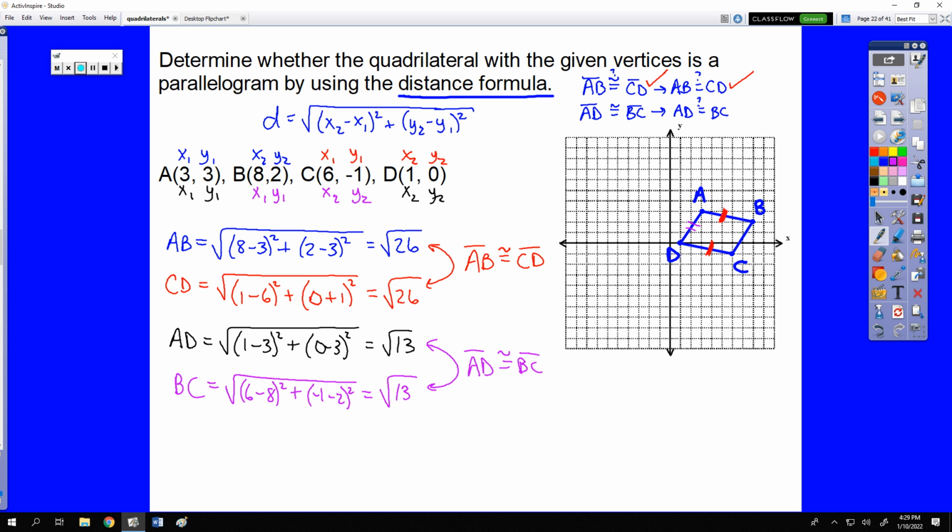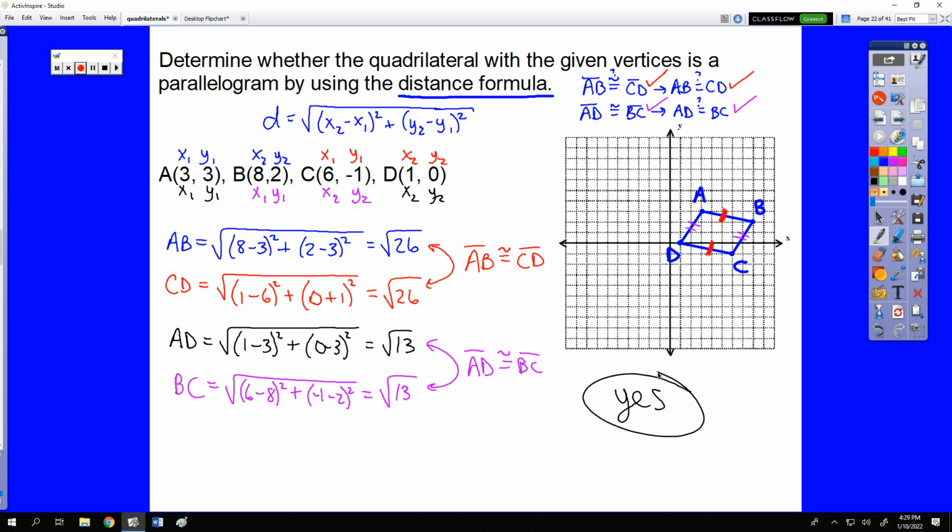And it allows us to go in and mark our second set of sides because we confirm those are equal, which means they are congruent. Combined with the other statement, that is enough for us to declare that yes, this is in fact a parallelogram because we have shown that both sets of opposite sides are congruent. Now you could also combine the slope and distance formulas to do one of these problems by simply showing that one set of opposite sides are both congruent, meaning run the distance formula, and parallel, which would run the slope